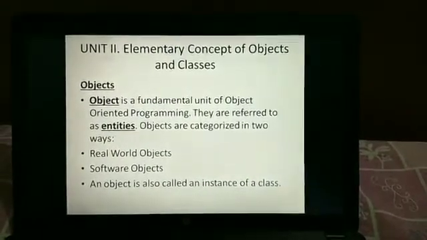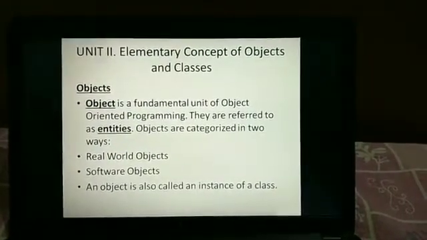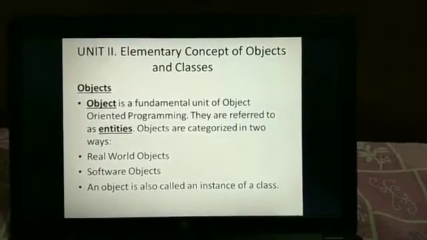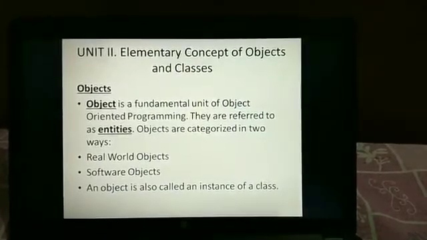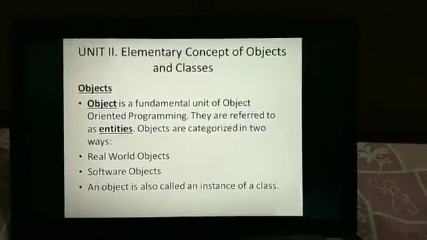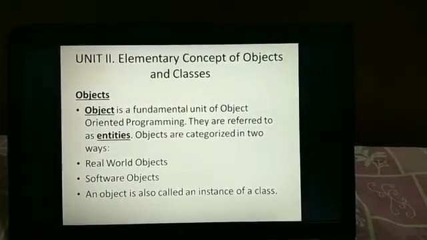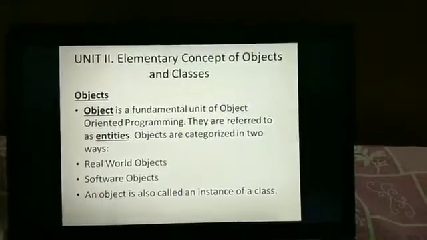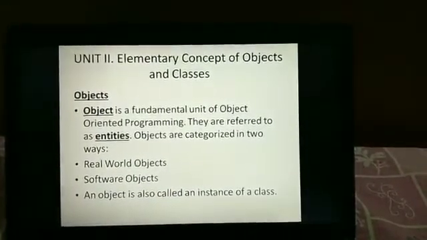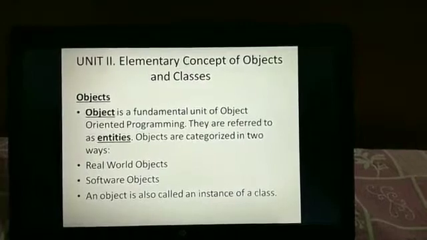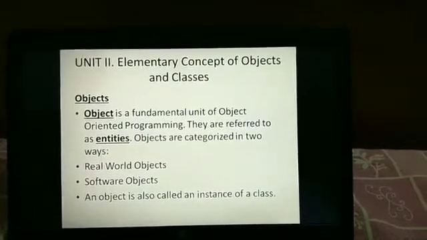Okay, here we'll learn about what an object is and the various categories of objects. In the previous unit 1, you all learned about the basic principles of the OOP concept. Now, what is an object? An object is a fundamental unit of object oriented programming.